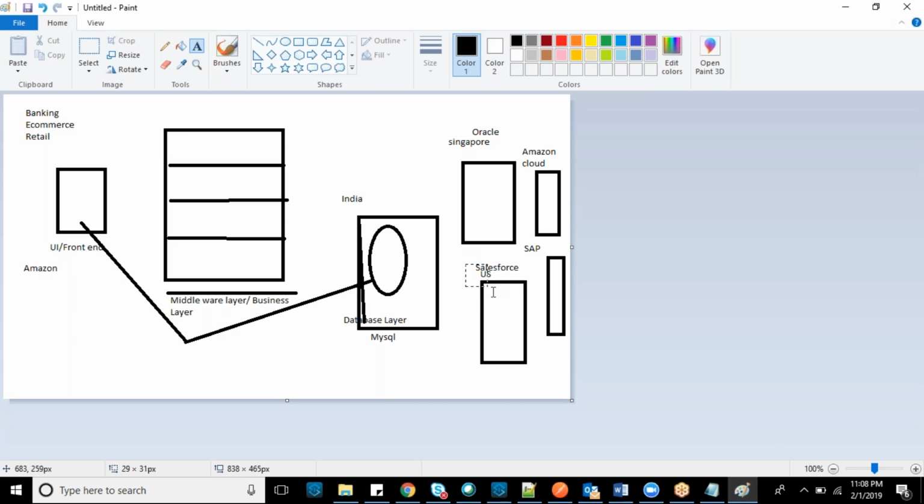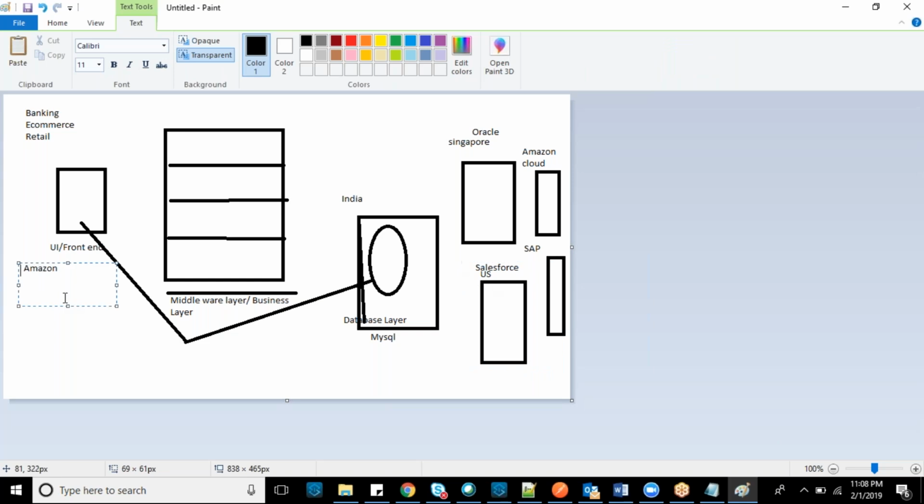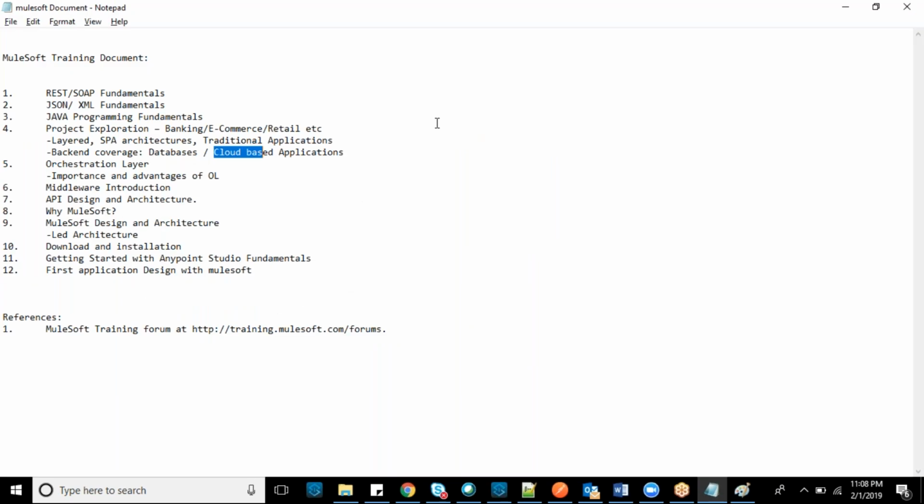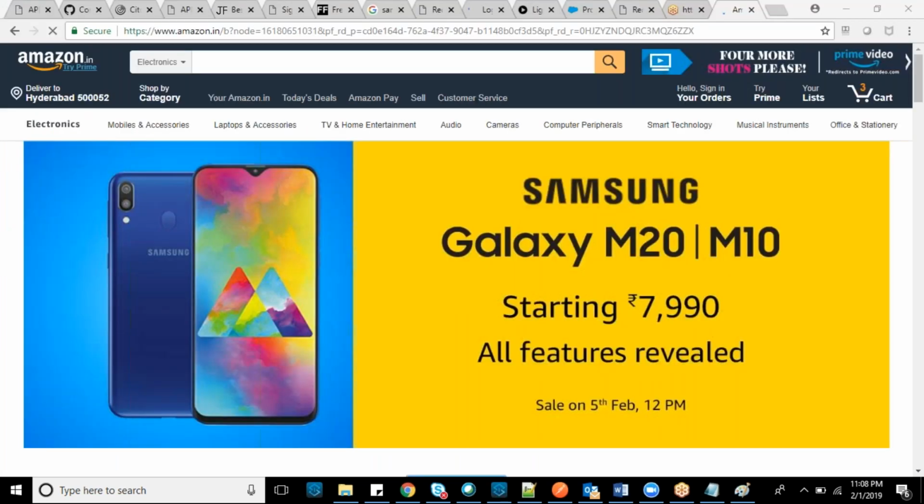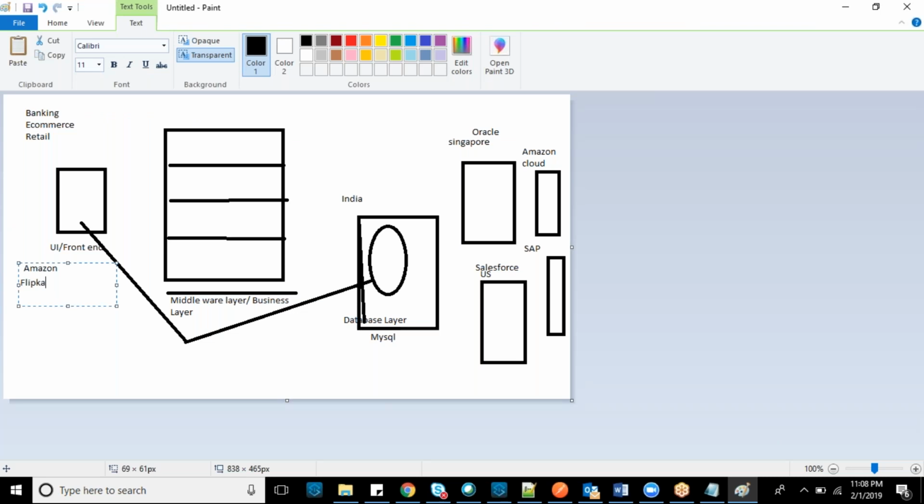Now when Amazon explicitly wants that product, they will configure these Salesforce URLs, this Samsung URL, which is already hosted in Salesforce, so that whenever you load this page, it will hit Salesforce and get the product information. The same way Flipkart and Myntra do. So in all the sites, you can see the common product.